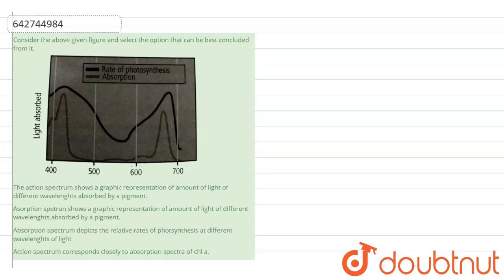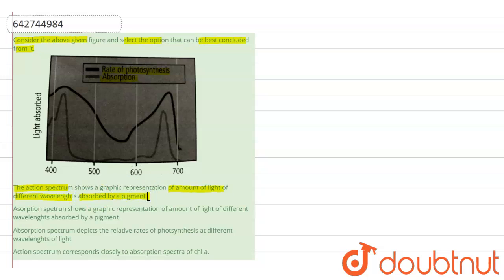Hello everyone, so here the question is, consider the above given figure and select the option that can be best concluded from it. So this is a graphical representation of the rate of photosynthesis and absorption. And the first statement is the action spectrum shows a graphic representation of amount of light of different wavelengths absorbed